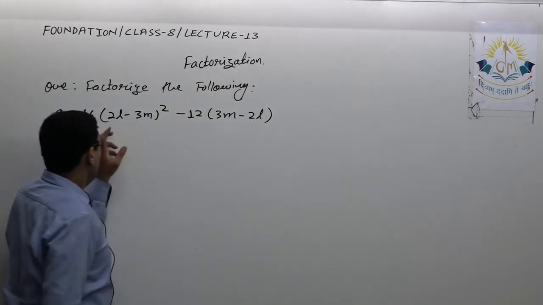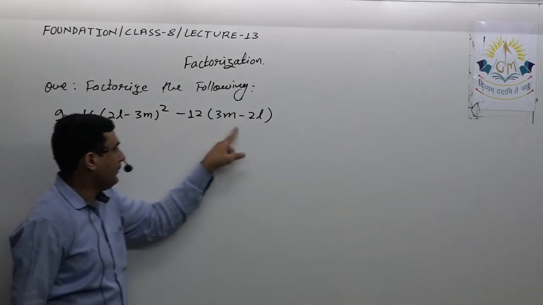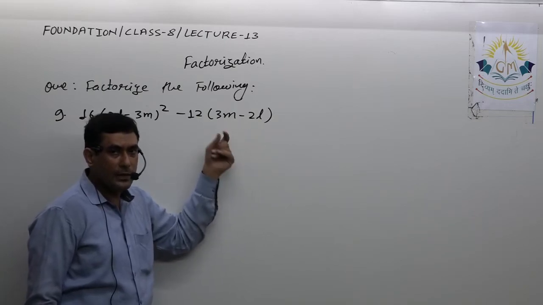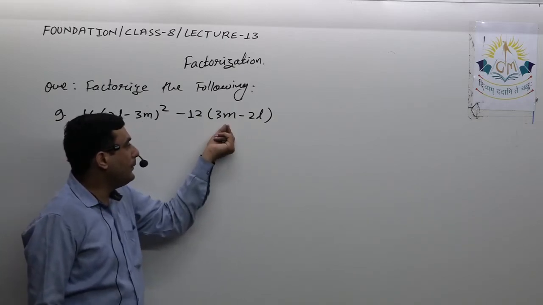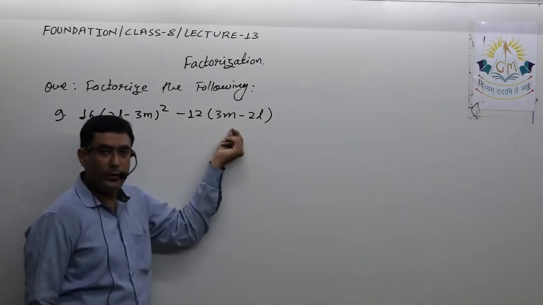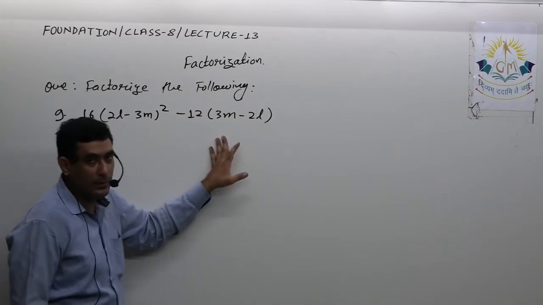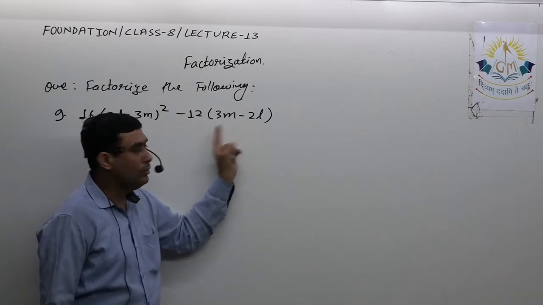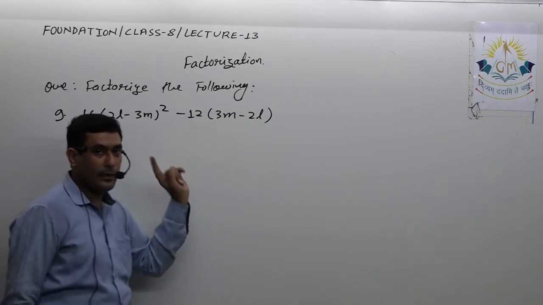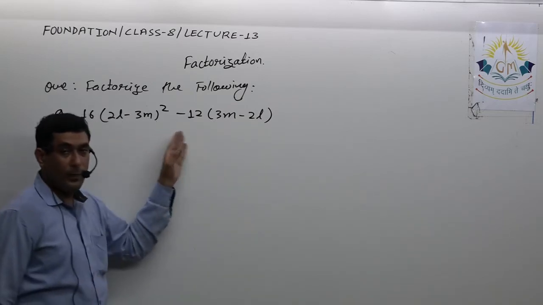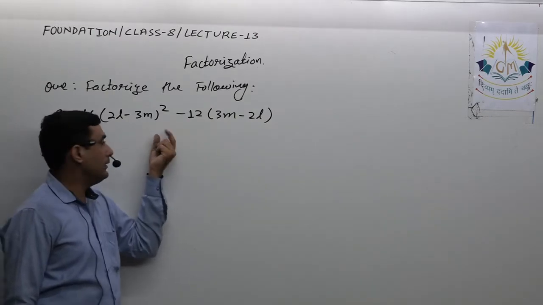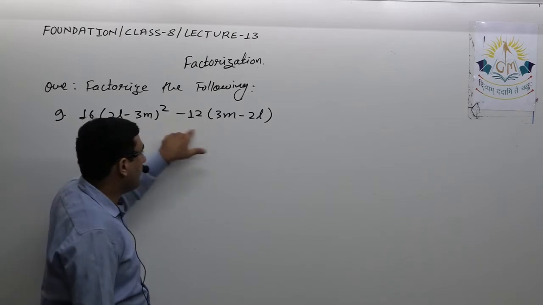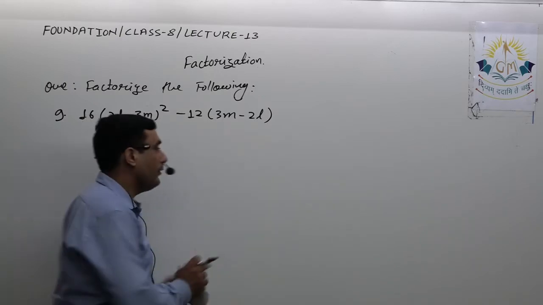See, first thing, here again you can see it is 2l minus 3m and 3m minus 2l. That means these two are similar to each other. Only thing is, the sign is different. Here 3m is positive, here 3m is negative. Here 2l is negative, here 2l is positive. So as I told you in the previous question as well, we can interchange the sign of these two by taking minus sign common, that means by changing the sign inside the bracket and putting a minus outside the bracket. As it is negative, if I make it positive, here I can write 2l minus 3m. This is one way.